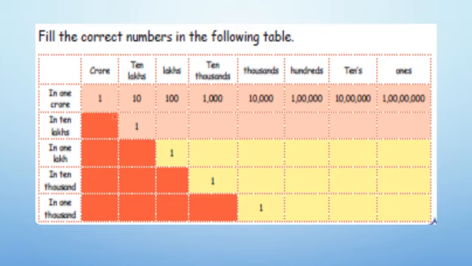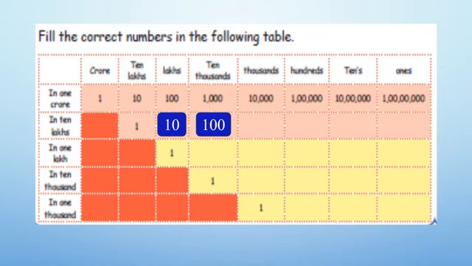Then come to the second column. In 10 lakhs, 10 lakhs is there. Where is the crore? It's missing, isn't it? Why? Because we can say how many 1 rupees are there in 10 rupees. But can we say how many 10 rupees are there in 1 rupee? Not possible, isn't it? Okay. So for 10 lakhs we are going to find out now. In 10 lakhs, 10 lakhs are there. And in 10 lakhs, how many lakhs are there? 10 lakhs are there. Yes. There itself you have the answer.